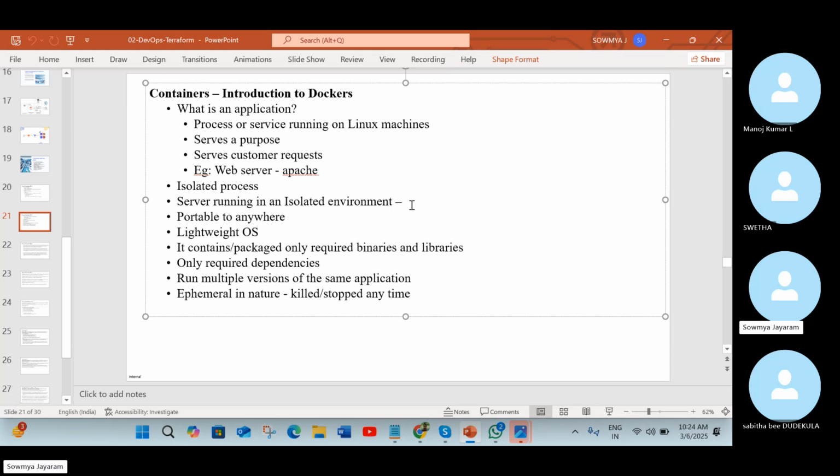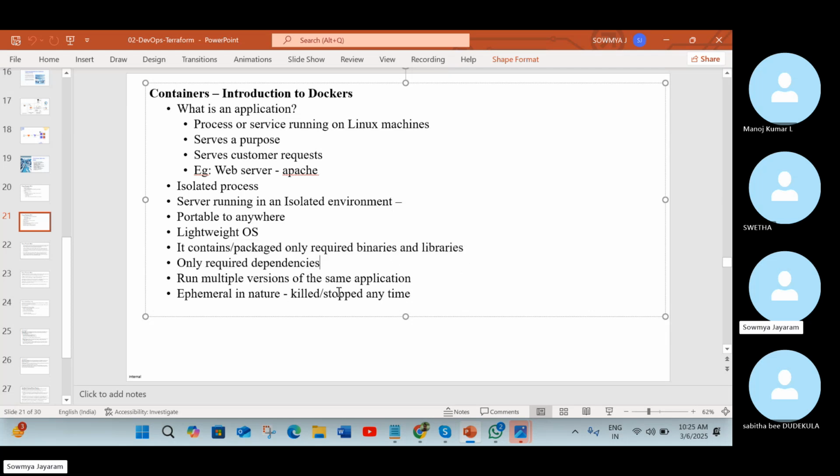As I told already, it has enterprise-level support, so you will have very good features. It's portable anywhere. It's a lightweight OS because it's not using the whole OS. It contains and packages the required binaries and libraries, as in the example I gave of an application working on one system and not working on another. Those binaries and libraries are already inside the image, so you just pull the image and run your application.